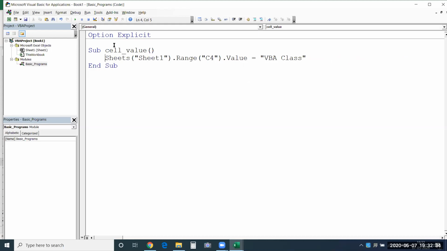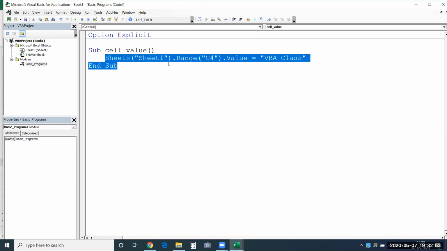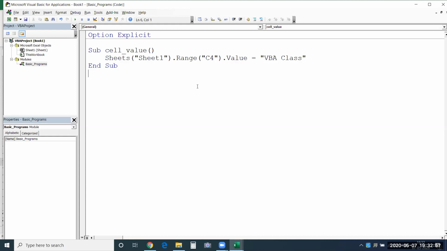You could also skip giving the sheet name. In this case it is still applicable, but if you have many sheets, whichever sheet is kept active, whichever sheet you are currently using, in that sheet this will get executed. So to avoid such things, you can start by mentioning the sheet name and the cell address, or shape name, or whichever object you are using on that particular sheet. So this is a very simple macro that we have written,